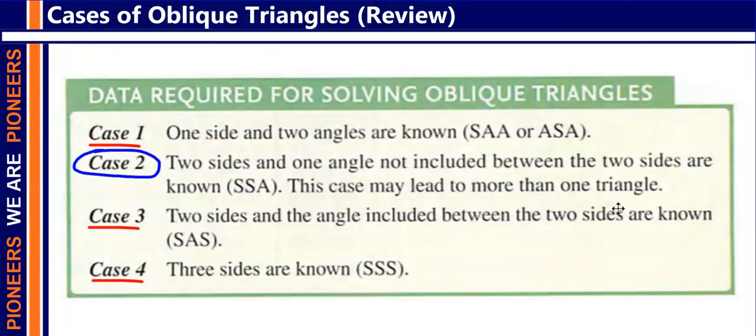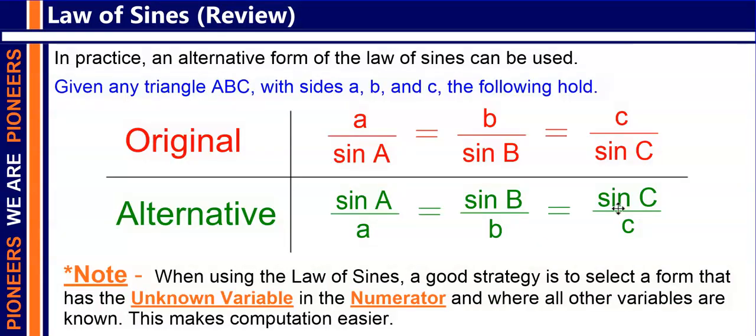Again, we are solving for case 2 of the oblique triangles, where you're given two sides and one angle not between the two sides, SSA, which I won't say out loud. But again, you can solve more than one triangle in one problem. Here is the law of sines reviewed, in both its original form and alternative form. A good strategy is to have the form where the unknown variable is in the numerator and you put